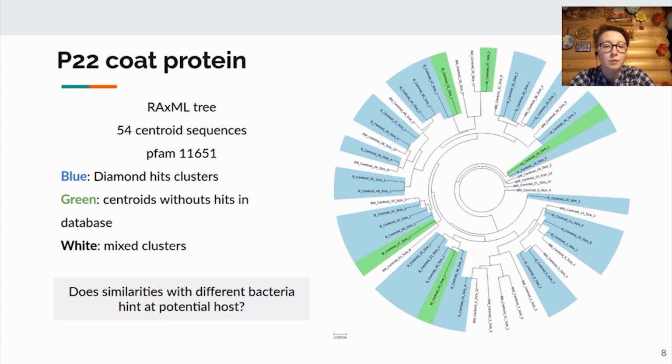We received protein alignments for each HMM profile. Large alignments containing centroids were analyzed with the UPGMA method and smaller ones were analyzed with the RAxML tool. The slide demonstrates a tree based on analysis of the P22 coat protein. Notably, some clusters contain hits of bacterial origin. We assume that this is not an artifact because ViralVerify discards contigs which could be of plasmid or chromosomal origin. Moreover, we propose that hits taxonomy could refine the taxonomy of the potential virus host.